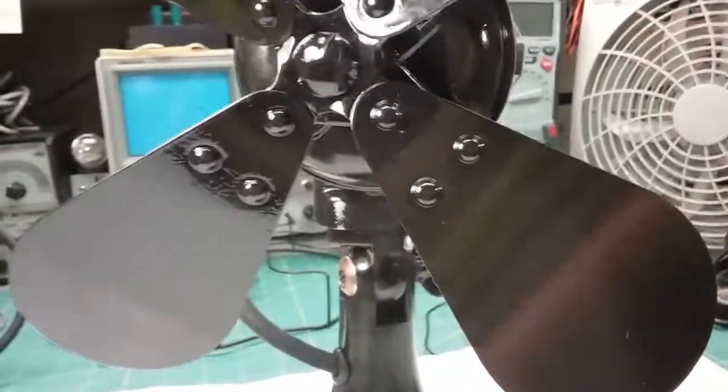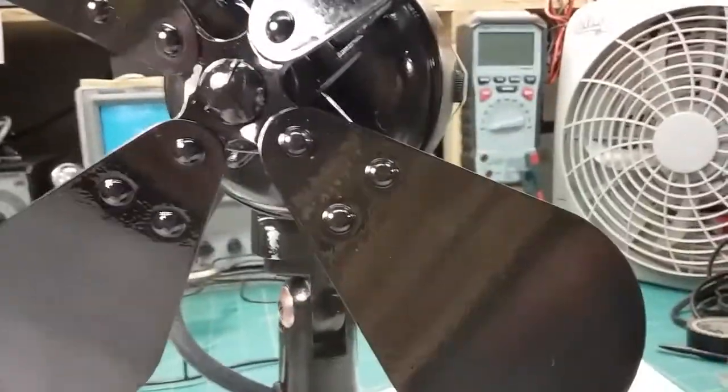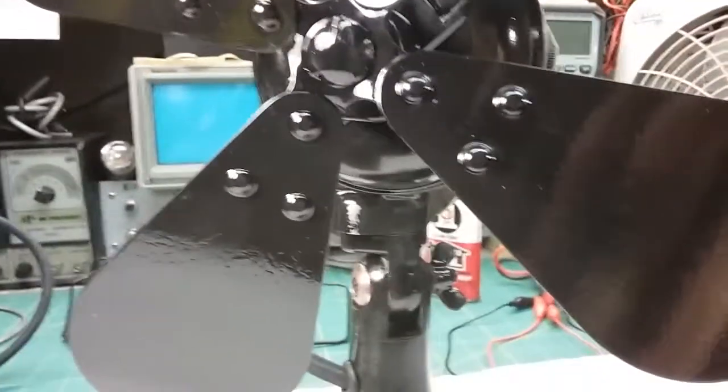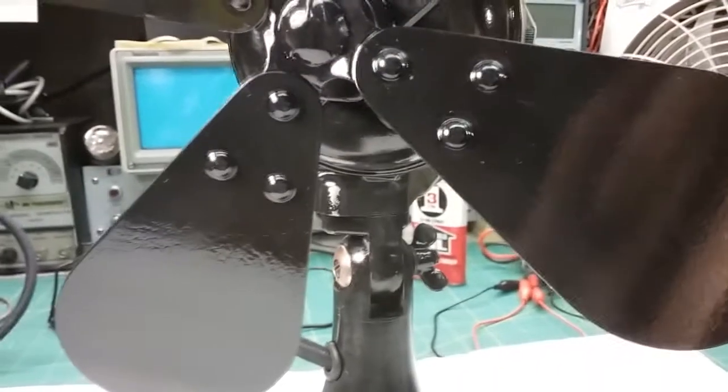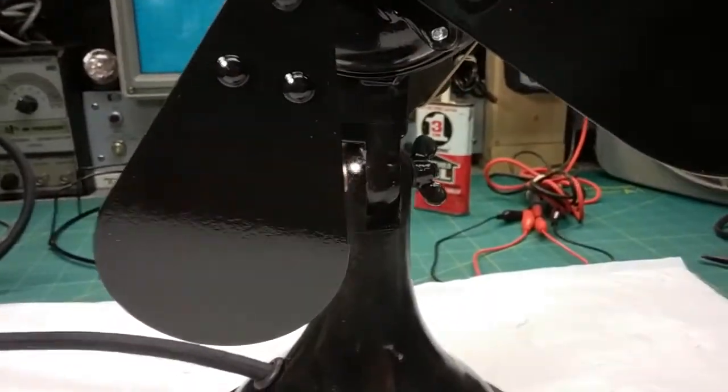You see, now it's on, and it's not turning. And it's only drawing 120 milliamps. So normally on a fan, if it was binding and not turning, it would draw a lot more current than it's supposed to draw. It's not drawing excess current, which means that electrically, what it has to work with, it's